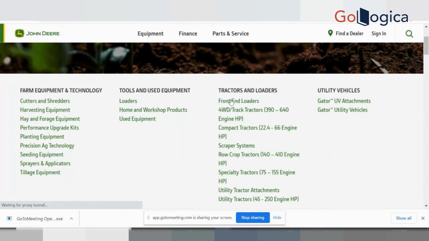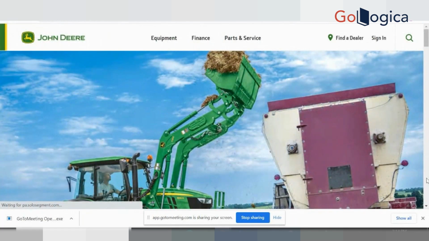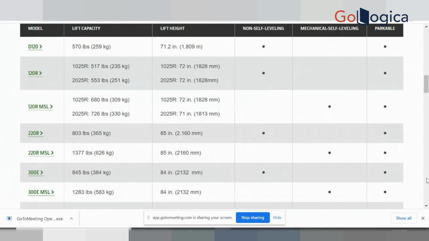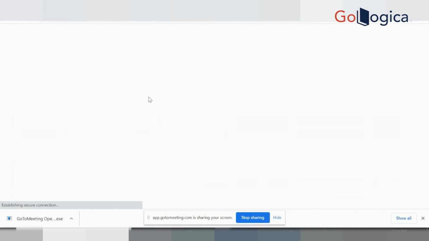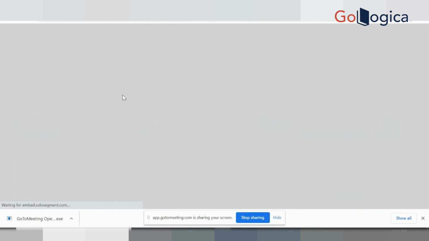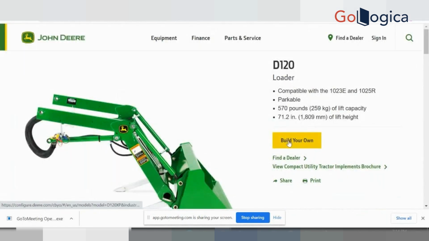This is how they have listed their products, and they have options like this to select. This is the model I'm going to select, the model I wanted to buy. Then if I go there, you see here the front end. Okay, so build your own is there. If I build this,